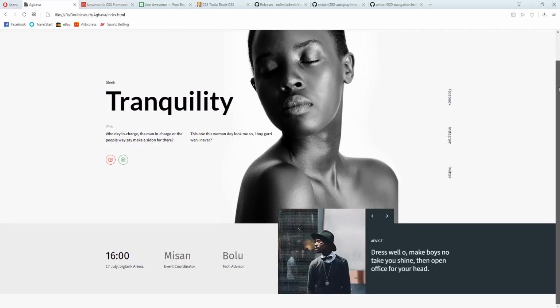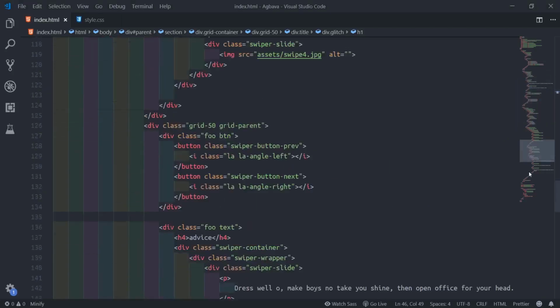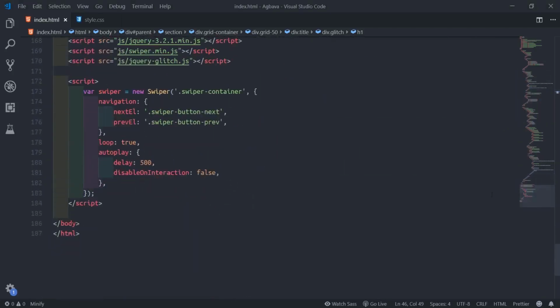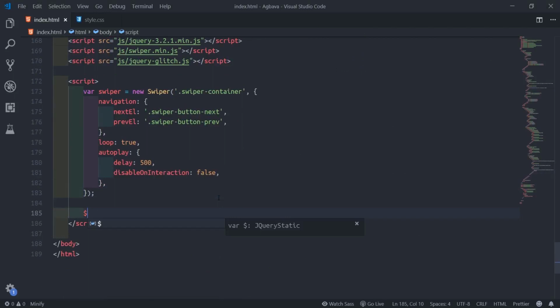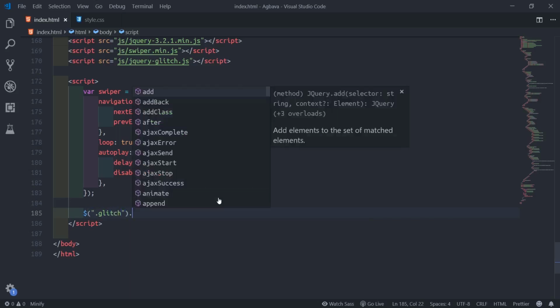What we'll do next is go to this script here, then we'll type the script. You see the $, because it's jQuery code. So we'll target that div, that glitch.